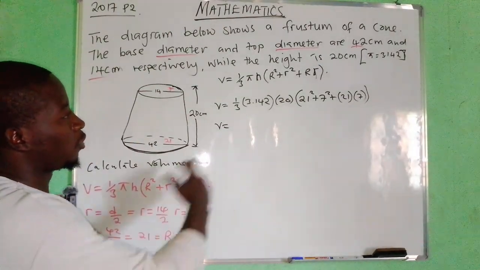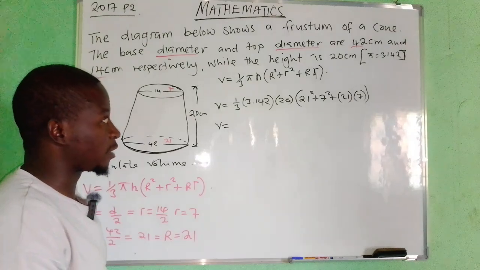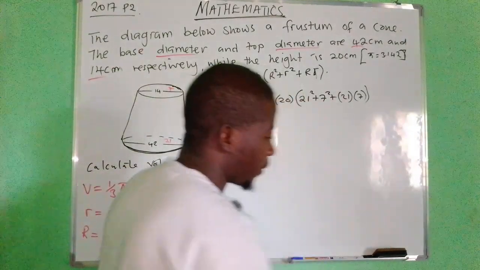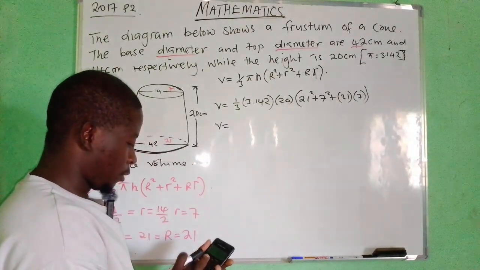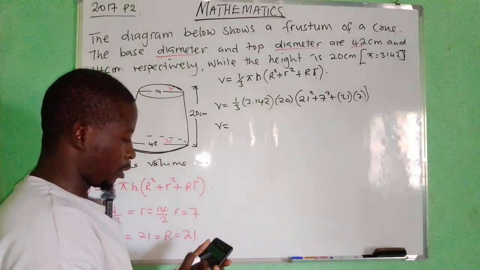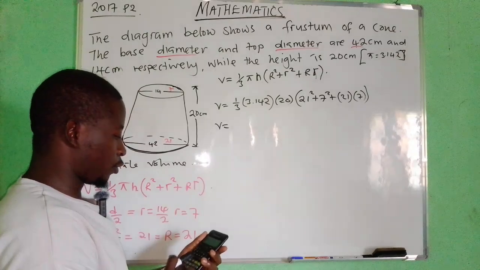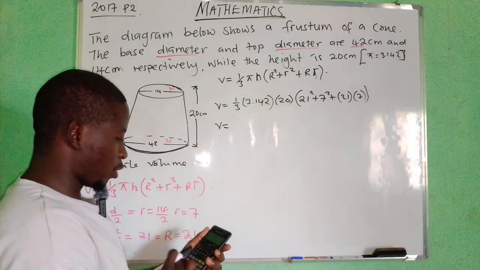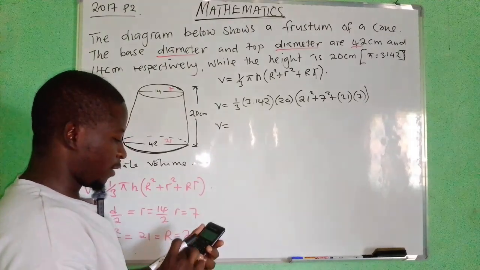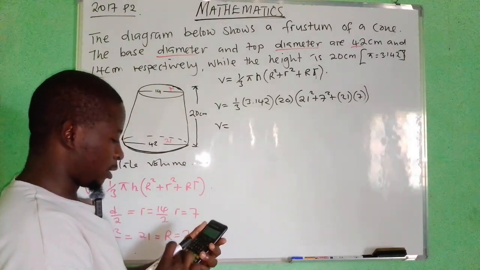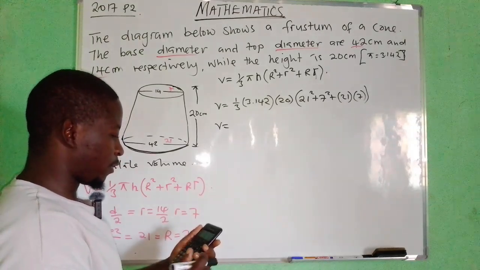So you see that we punch all this together, or perhaps we go by step. Either way, we are going to find the answer. So if we were to punch all this together, what could be the answer? So we say 1 over 3 multiplied by 3.142 close open 20 close open 21 squared plus 7 squared plus 21 multiplied by 7 close